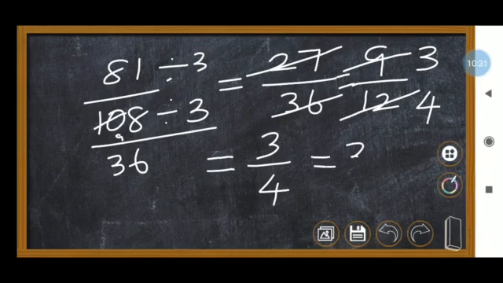So 3 by 4, which can be written as 3 is to 4. Okay students, this kind of problem only we have to work out. Whenever you have to work out, just look at whether the same quantity is given or not. If there is no same quantity, we have to convert to the same quantity. For example, if 40 centimeter and 1.5 meter are given, you have to convert either centimeter to meter or meter to centimeter, then only you can do it.